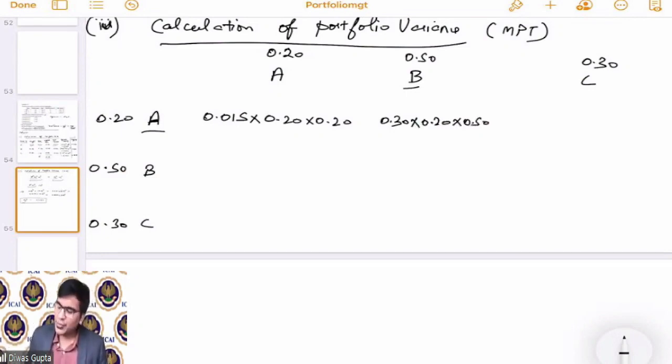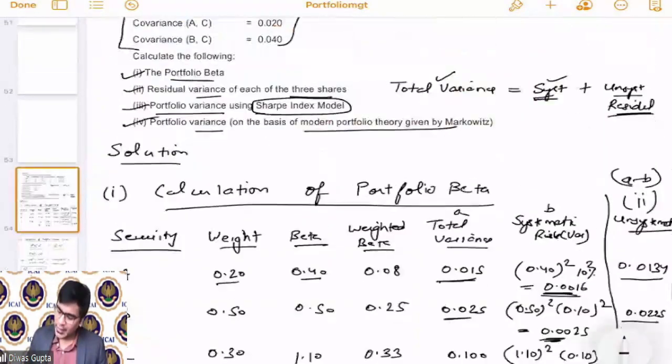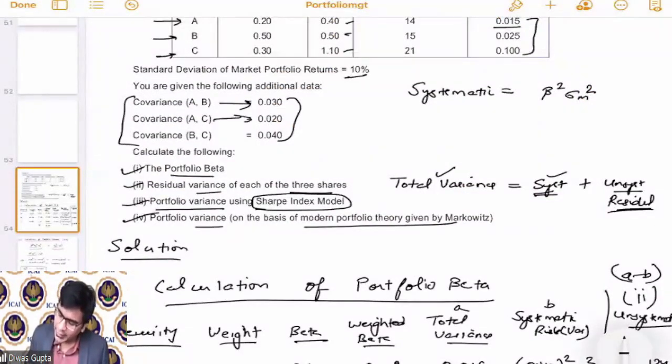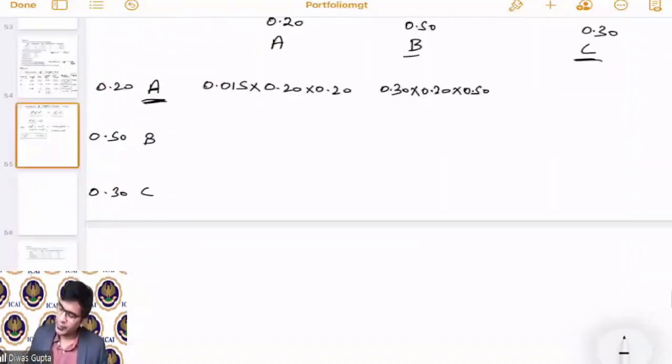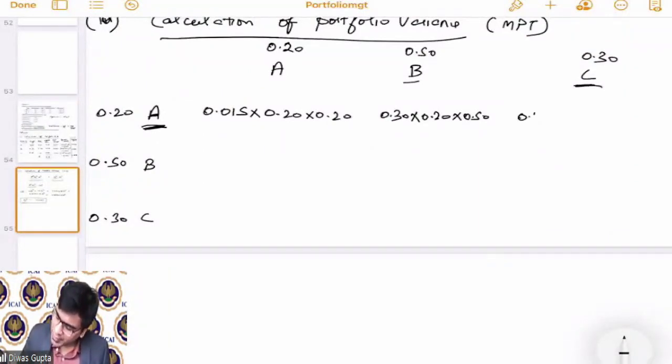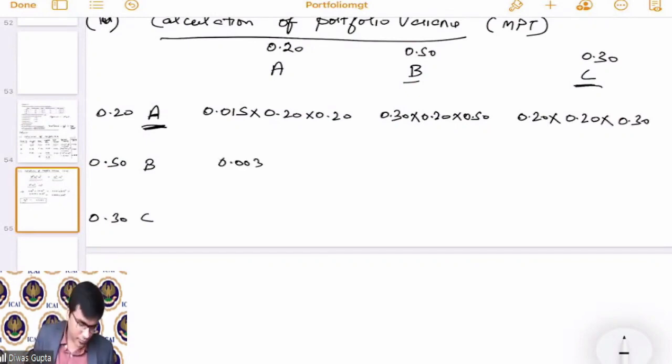Then we have to see the covariance between A and C. A and C covariance is given as 0.20. So here 0.20 multiplied by the weight of A, 0.20, and the weight of C, 0.30. Similarly, I am just writing the other numbers also. So if we solve this,